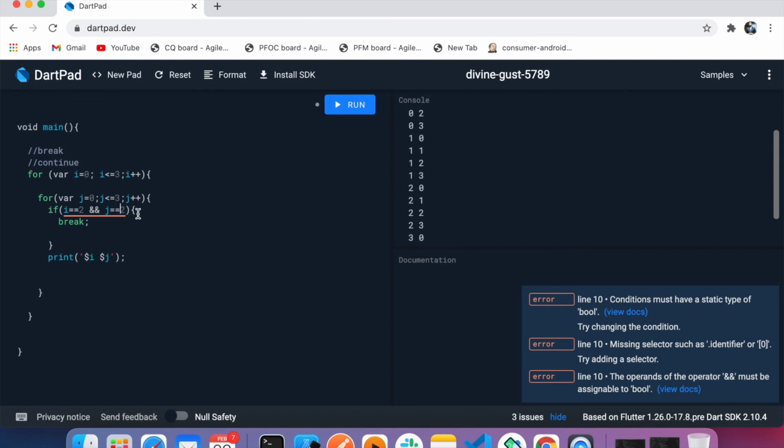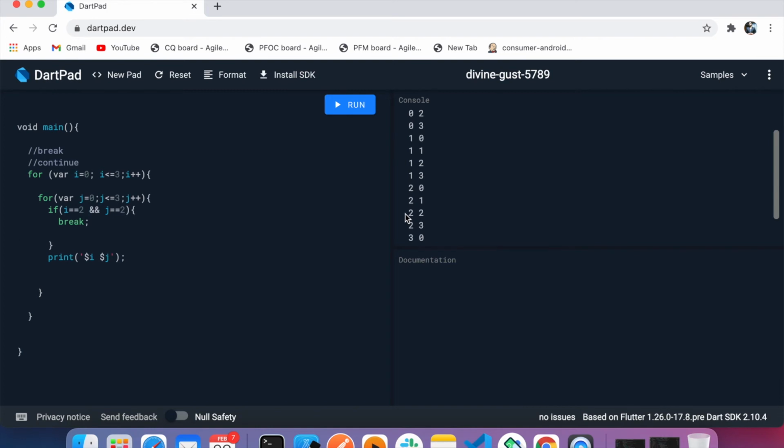Basically I want to break from this line, 2 2, or you can say I am going to break at 1 1. Let me run this. So it will stop this loop at 1 1.